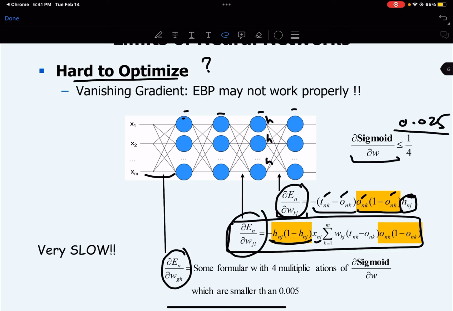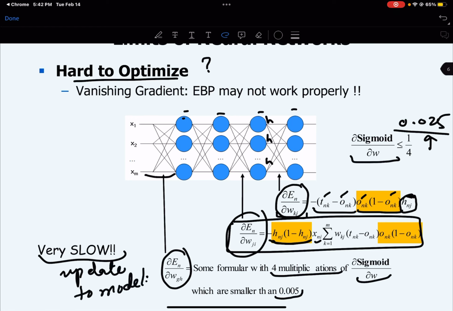So in this particular example that is given here, we have like 4 multiplications of our sigmoid function. So 4 times, if we start off with this and then we update it 4 times, 4 multiplications, it becomes maybe less than 0.05. So the update to our model, and what do we mean by update to our model? Meaning thereby the weight updates on these links, it becomes very small,